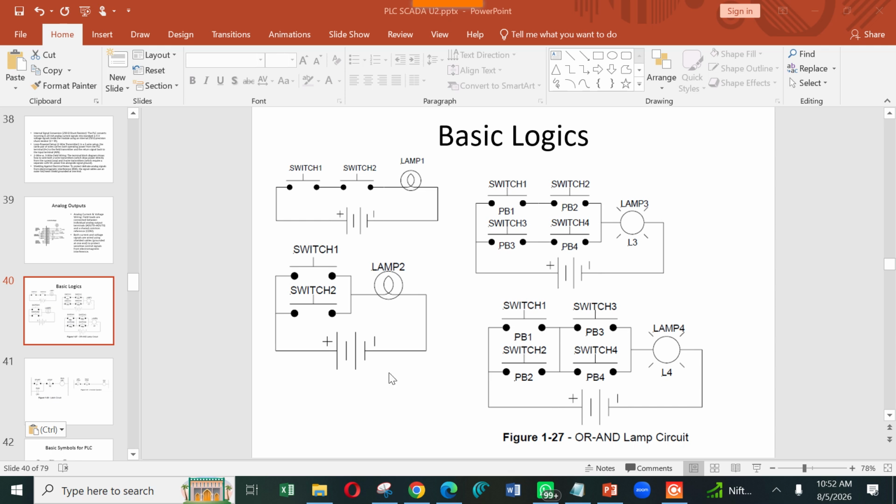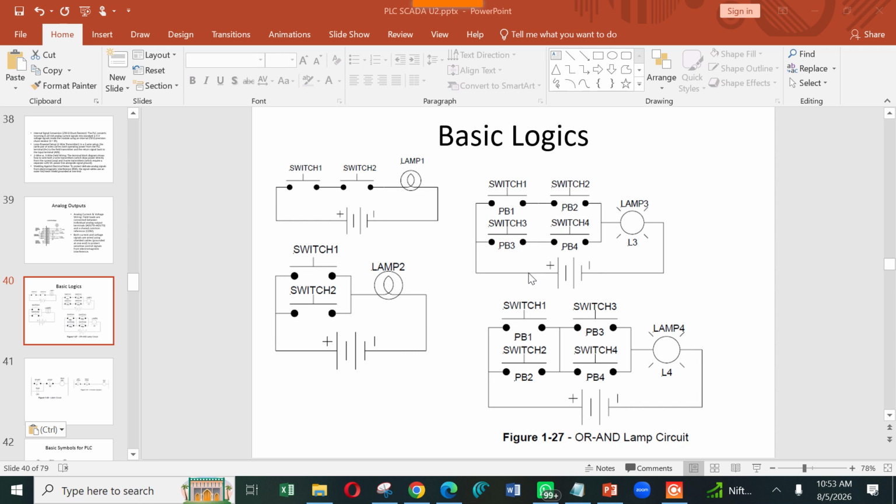According to this, what is the logic here? It is the OR logic. So this one tells about OR logic, electrical wiring to glow a bulb, or to glow a lamp. Other than that, we can see here at the right side top, we are trying to control this bulb with more than two switches.